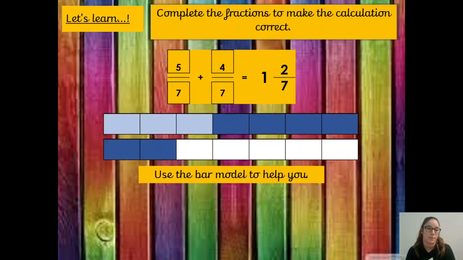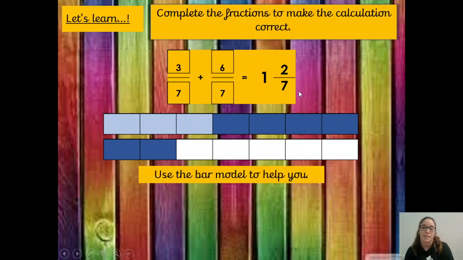Okay, how about this one? What would our calculations be here? So we've got 1, 2, 3 out of the 7, plus 6 out of the 7. Now because we were only given the answer,